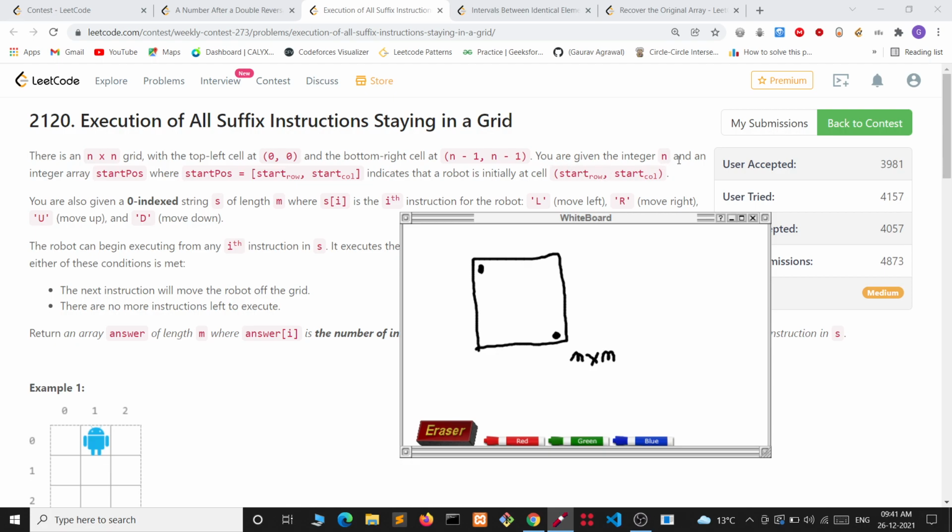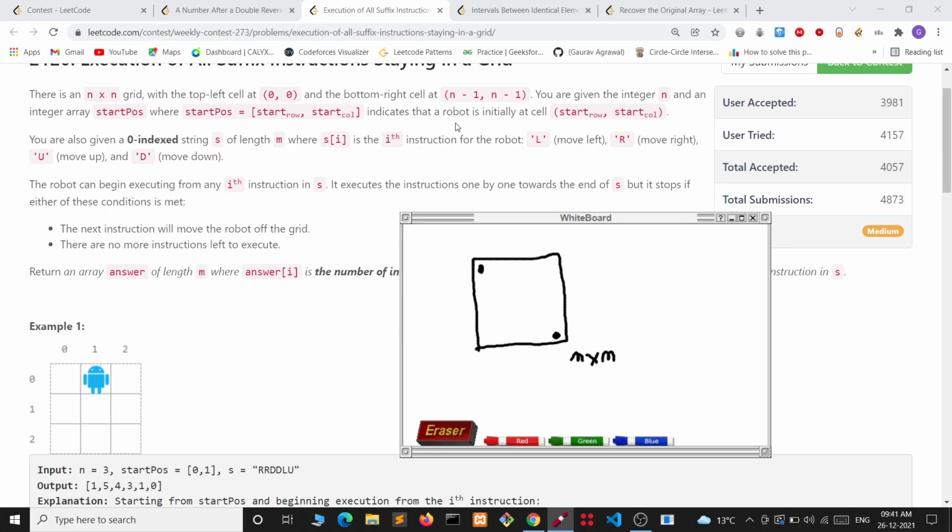We are given the integer n and an integer array startPos, where startPos equals startRow, startColumn. It indicates that the robot is initially at cell startRow, startColumn. Like we are given that the robot is here. These are the coordinates startRow and startColumn.